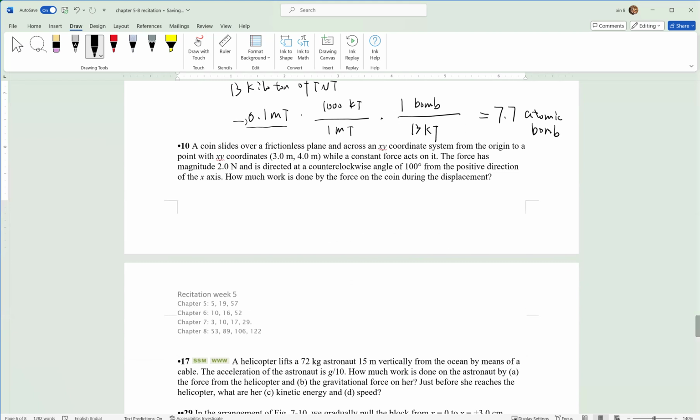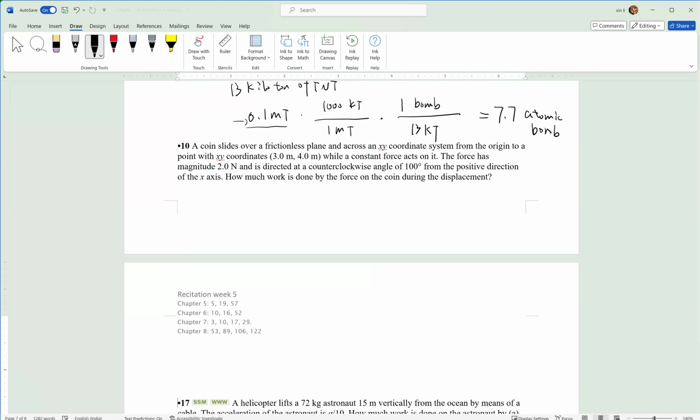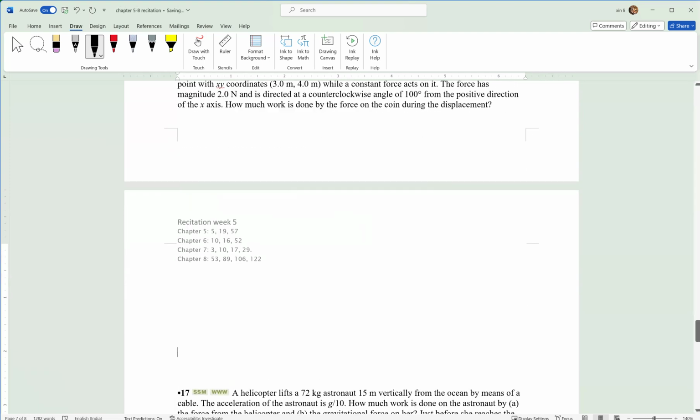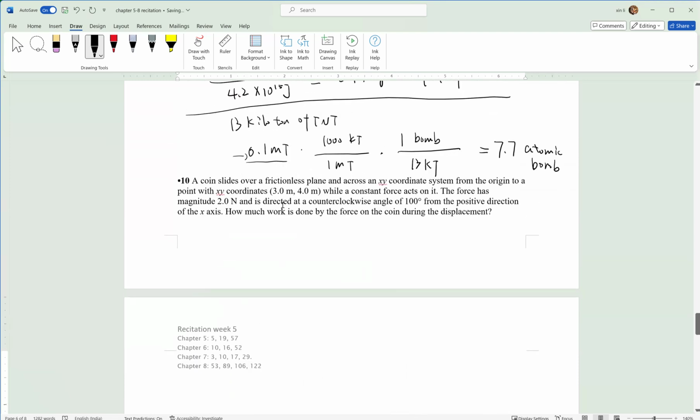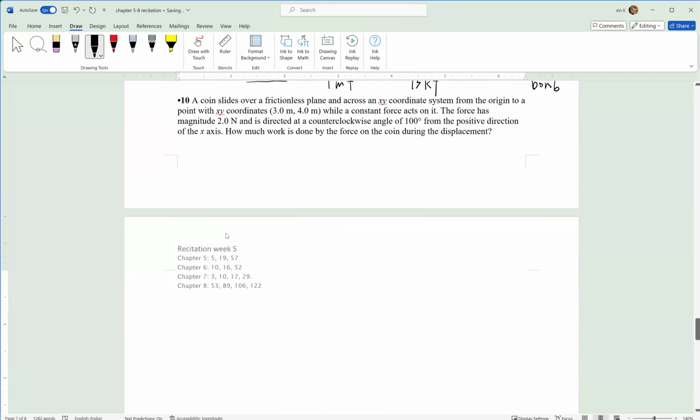So when it hits the Earth, it's like you have 7.7 atomic bombs that were thrown, like happened on Earth. So this is that. And the problem number 10, this is a very simple one. I can give you the answer because we do not have enough time to finish everything for today. Let me show you. Because we have the force, right? We have the displacement, which is 3i and 4j, and our force is 2 Newton. So basically, you have to do